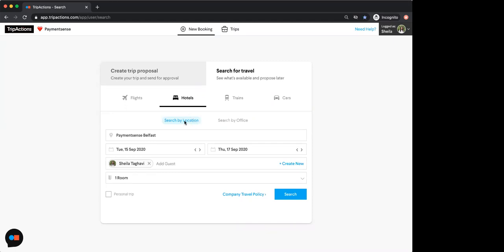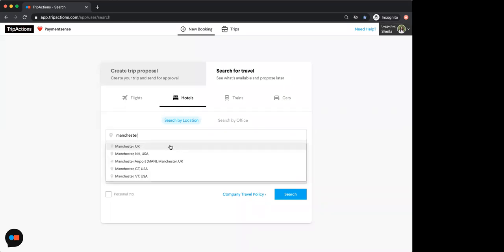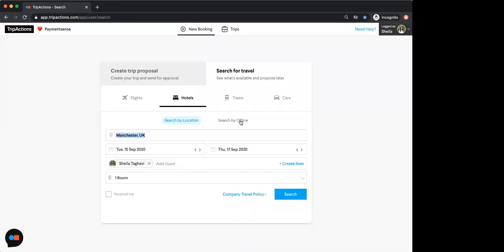So with hotels, we can search by location or we can search by office. We do use Google Maps, so really anything you type in should be accepted. Google sort of has everything. So we can type in a city. If you were looking for a hotel in Manchester, we can type in Manchester,